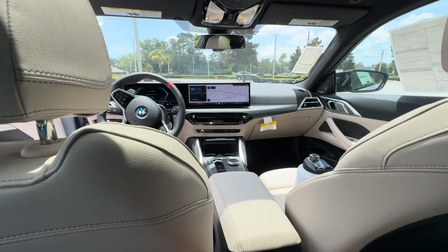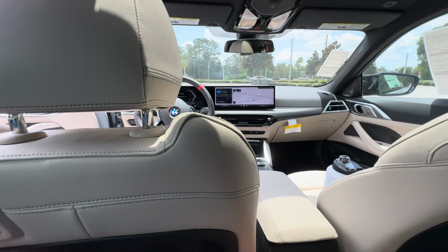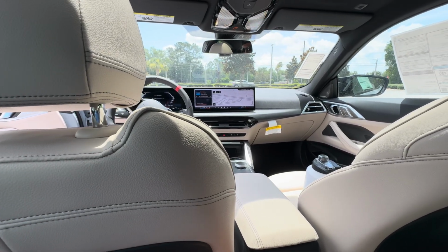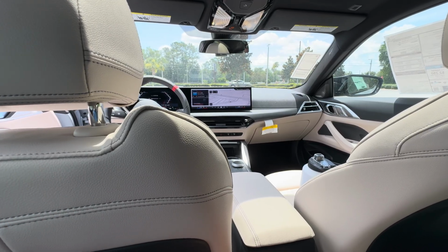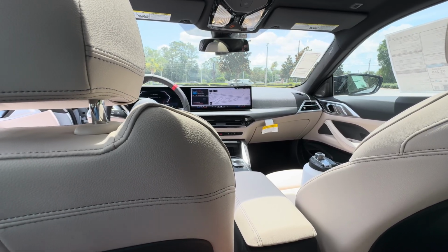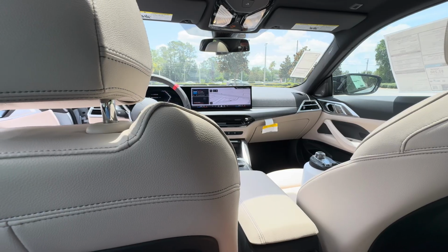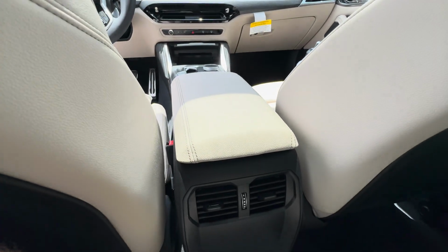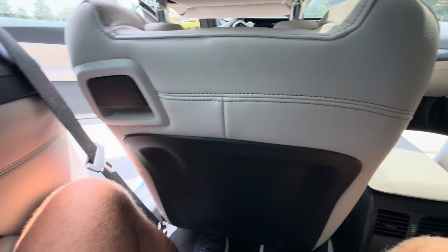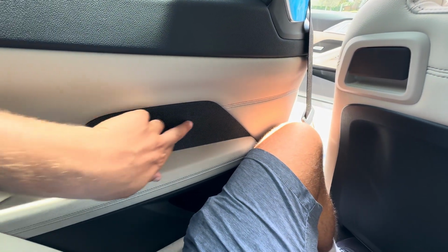If you plan on keeping adult passengers in your back seat semi-consistently or consistently, I'd heavily urge you to go for the M340i, the 3 Series, for the added practicality. But if you don't plan on keeping 6-foot-tall-plus passengers here on a daily basis, this is more than practical enough. We get air vents back here too, no map pockets, some leather stitching for the armrest, and an additional